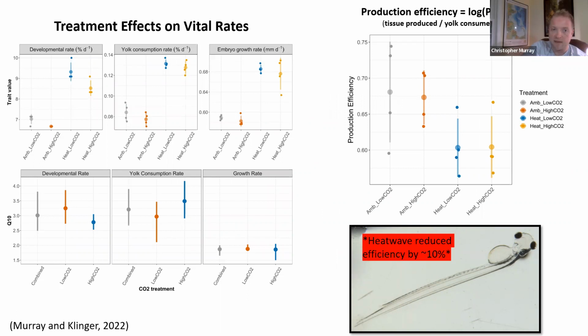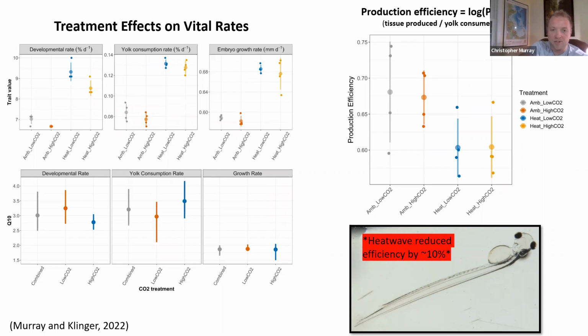heat wave. And what I mean by production efficiency, if you think of it this way, it's simply the amount of yolk that these fish consume, because remember, embryos have a fixed energy supply given to them by their mothers, and they essentially convert that yolk into body mass. So if you're able to describe this ratio of the amount of tissue produced versus how much yolk consumed, you're able to get this production efficiency metric. And what I found is that fish under the heat wave treatment showed a 10% reduction in